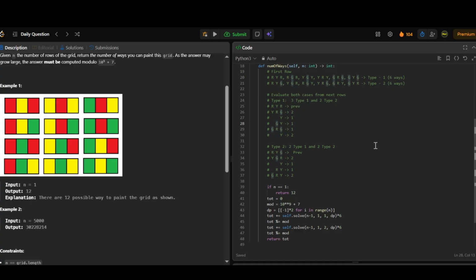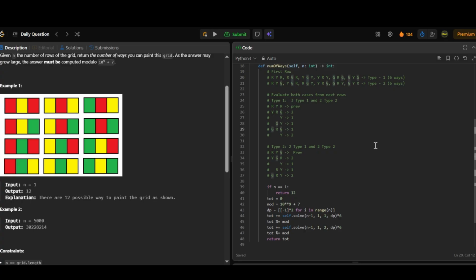Then you can take the current cell as red or green, because they don't match with yellow. So if you take red here, the top is also red, and the one to the left is also red, so you can take green and also yellow, 2 options here. Okay, and if you take green, you have red on top and green to the left, so you can take only yellow here. So if you take yellow at the start, you have 3 possible ways to paint the